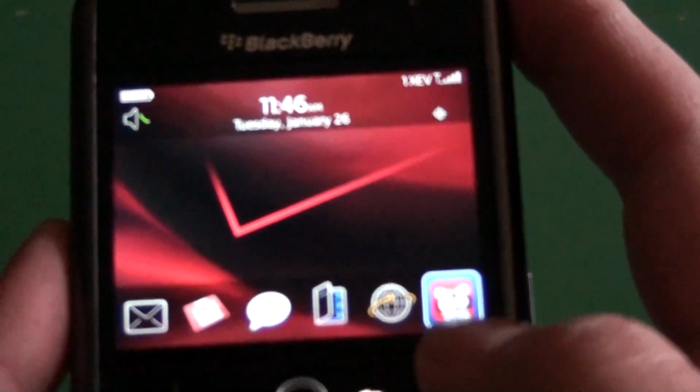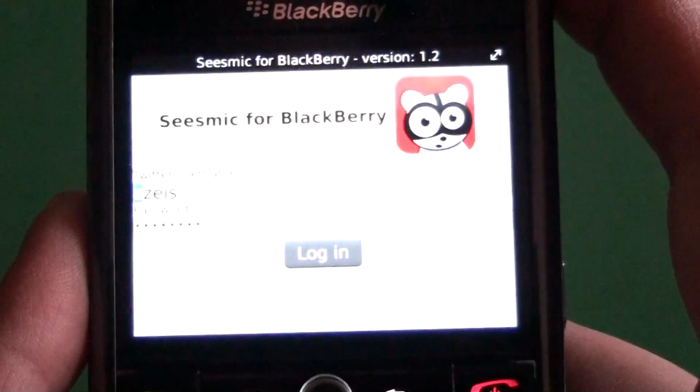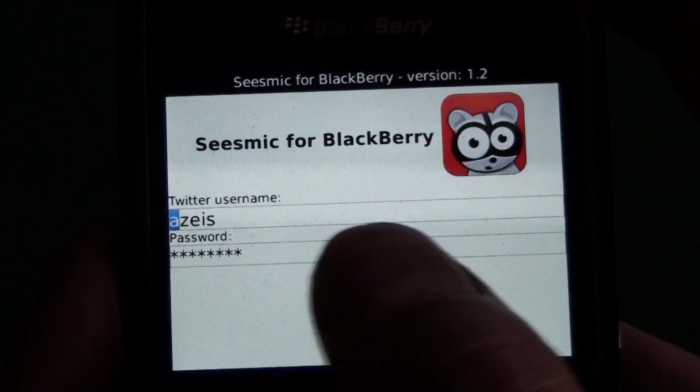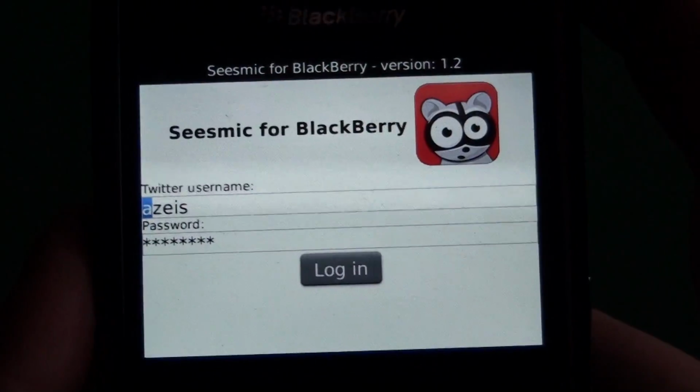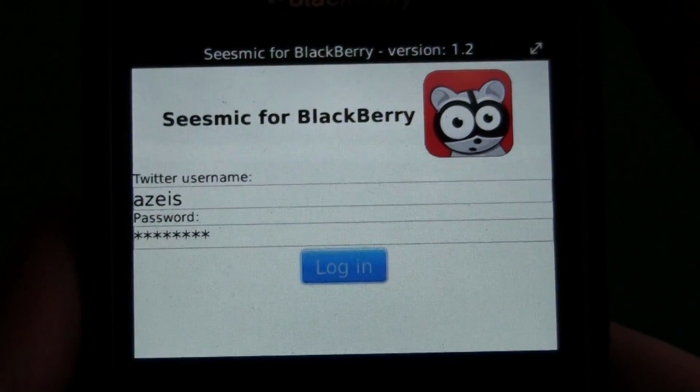We're going to take a look today at Seesmic for BlackBerry. So we see our sweet little Seesmic icon there. We're going to go ahead and fire up the application. The first screen we're presented with is the login screen. So here we enter Twitter username and password, and we go ahead and click login, and that'll fire up our